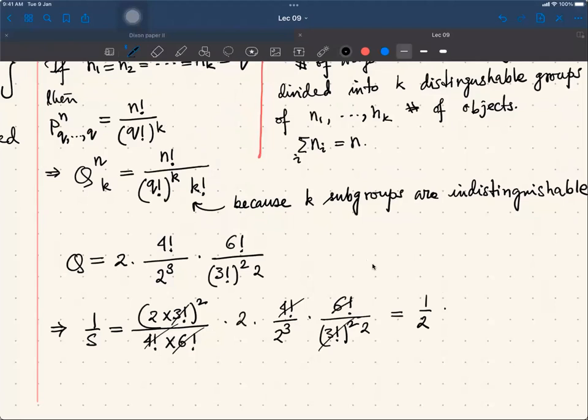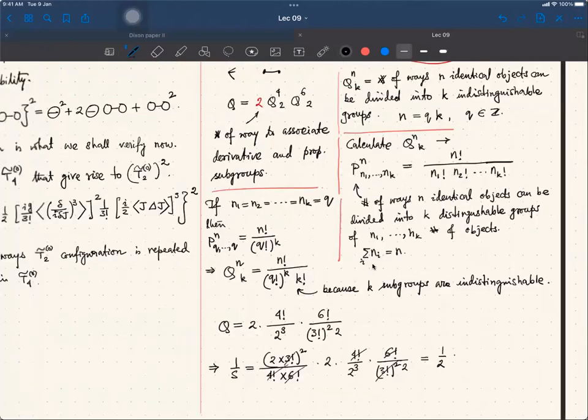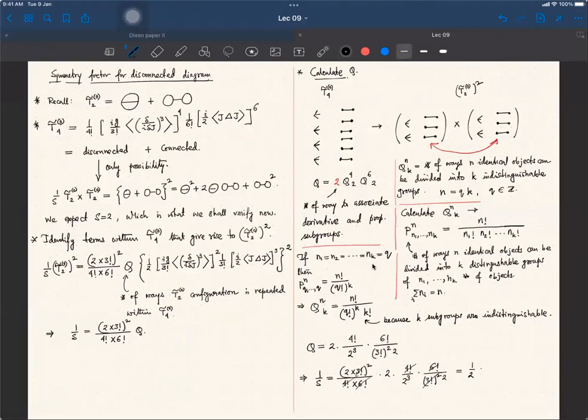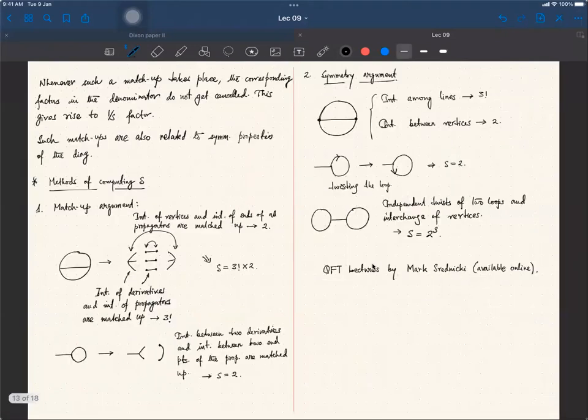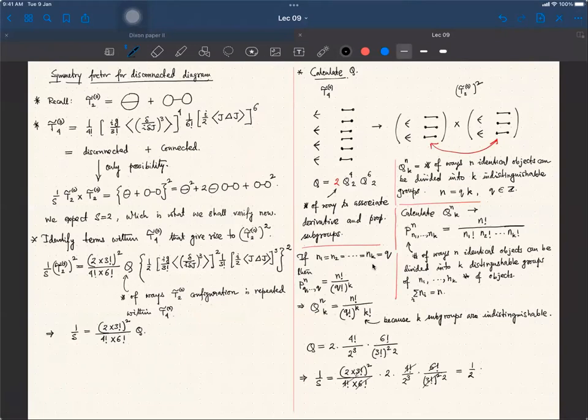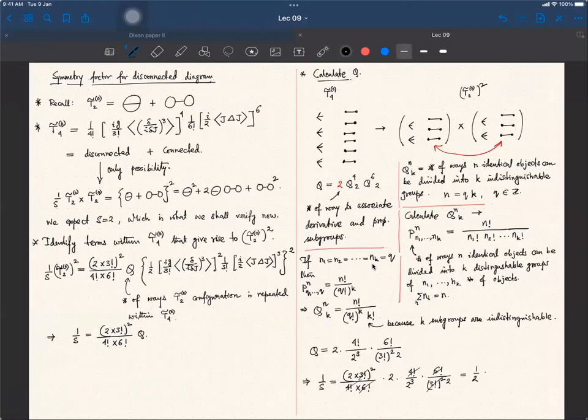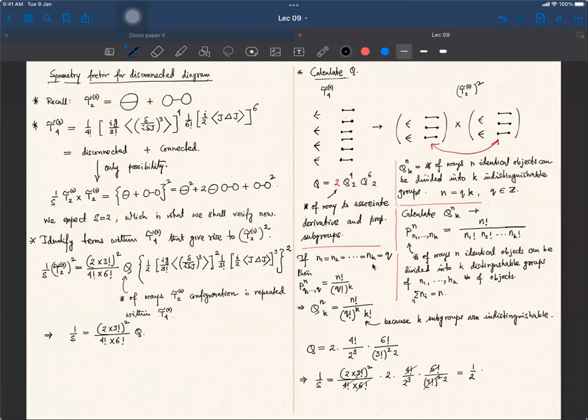But yeah, now one can generalize. The generalization will be similar to this argument, which I'm not going to do. Yeah, so this is the end of